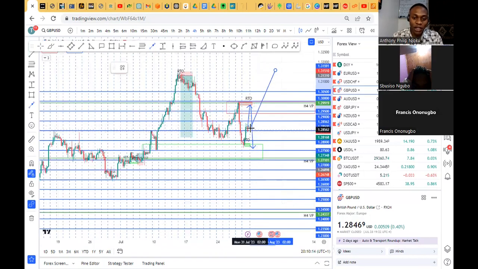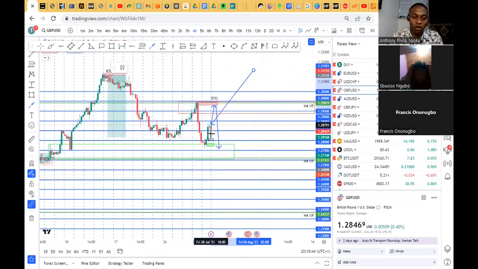So if there is any way a change of character or a change of structure, with GBP moving to the upside, probably taking out this high, I know that yes, the character has changed, the structure has changed. We could start expecting more bullish momentum for GBP/USD to continue this uptrend. Then if the change of character applies over here, we will be expecting the market to come and break above here. But for current situations and current structure, I expect GBP/USD to move up to this return to origin, and then we expect a drop.